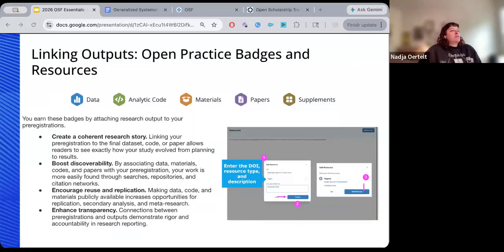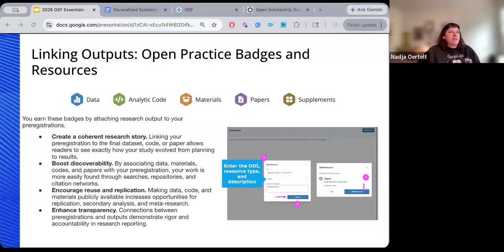One thing that's specific to the OSF that's really a powerful resource that not as many people as should utilize, but I'll emphasize it here, is that once your review is complete, if you have outputs available, you can link them to your registration. And this is where the OSF is a little bit different as an integrated lifecycle open science platform.